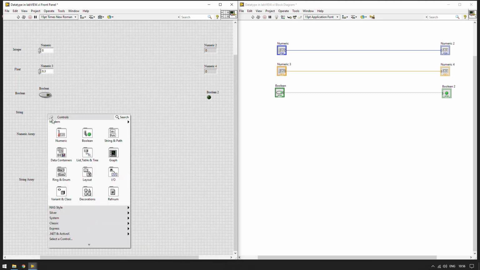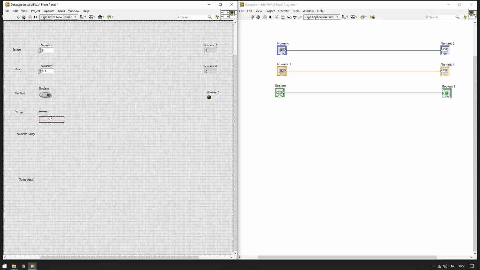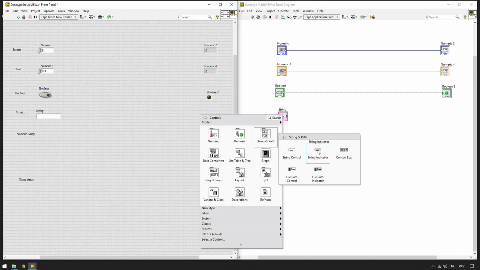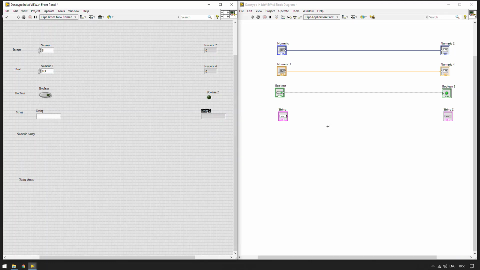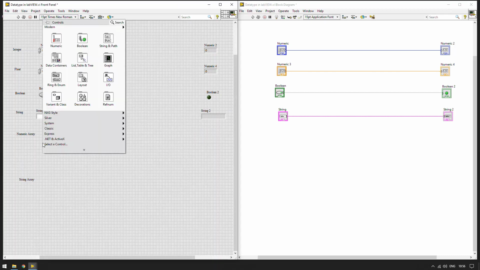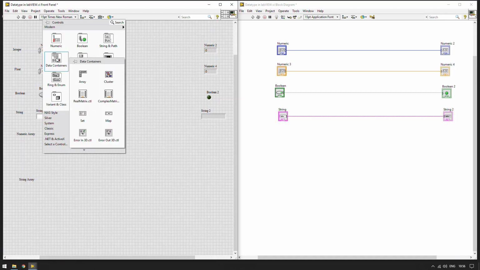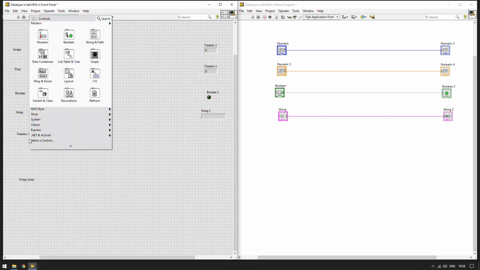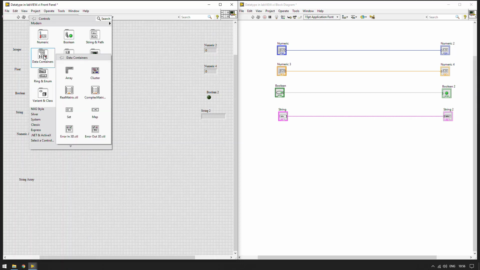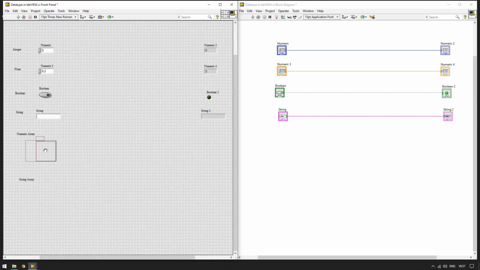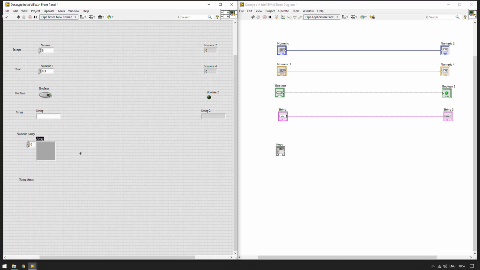So let's move to string. This is a string input, and let's put one string indicator as well and connect them. The color for string is pink. Now array is a bit tricky, so for that you'll have to right click on the front panel, go to data containers and place a blank array, and this array is always blank.